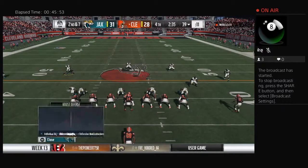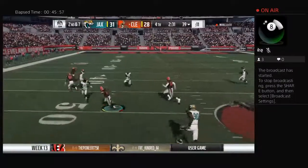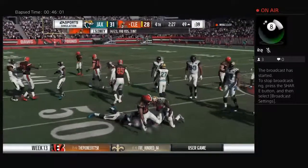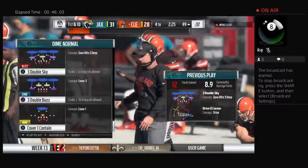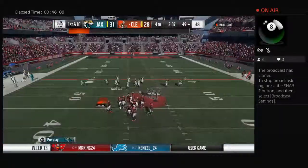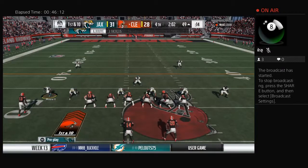Here we go. Blue line. They're going to look to throw. Quick hitter here, it's complete. And he'll be taken down, but not before he gets into enemy territory. That'll move the sticks for the Browns, a gain of 12. And leading here late, so a chance for the defense to really close out this game if they can halt